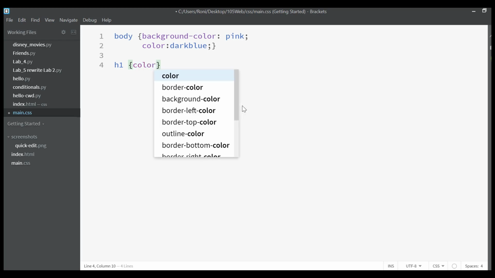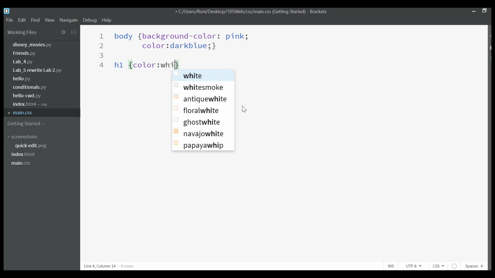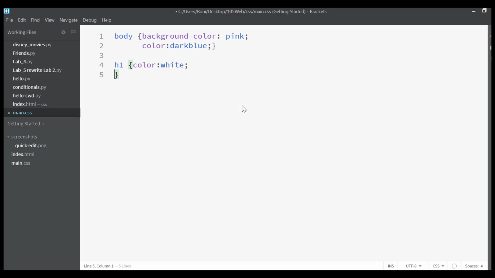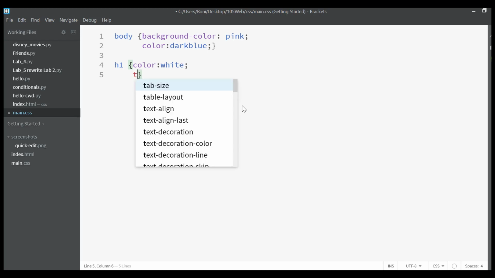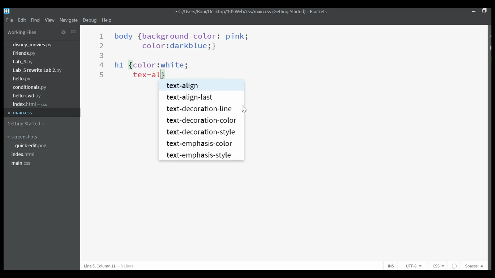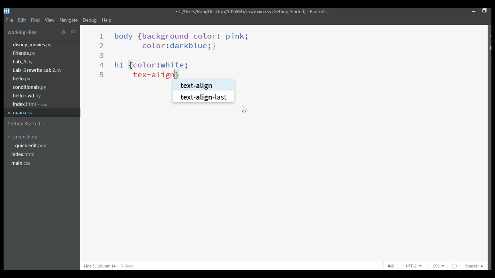So we'll do a font color for H1 of white. And then we'll add our text align. See, I even typed it wrong. It was red. And center. And then we'll semicolon that. Okay. And then let's